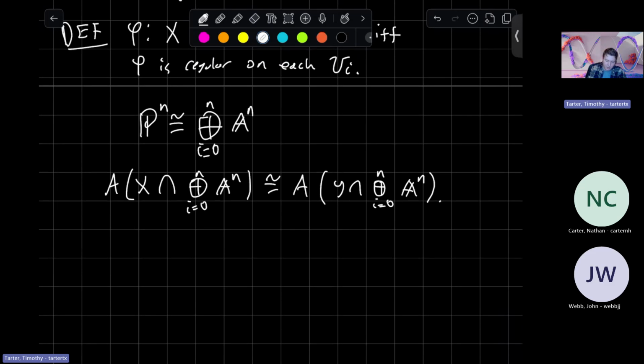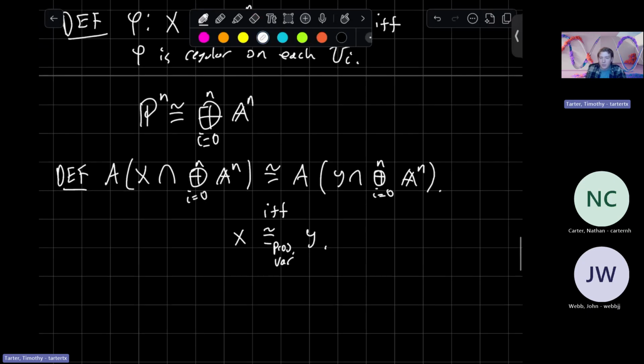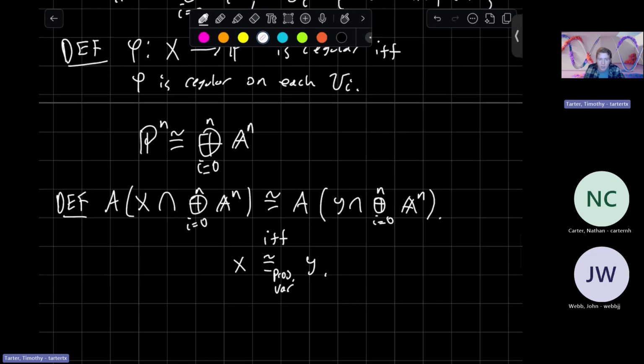So this is not super well written, but this will be if and only if x is isomorphic as a projective variety to y. And then naturally this holds for quasi-projective varieties as well. Okay, so